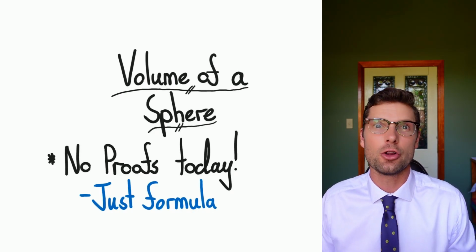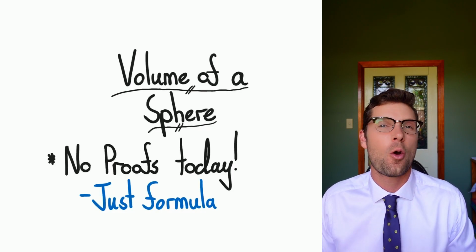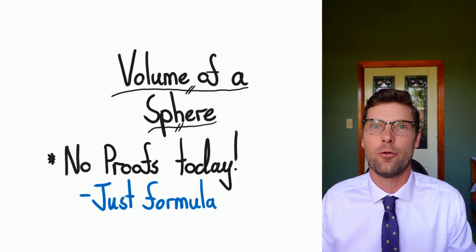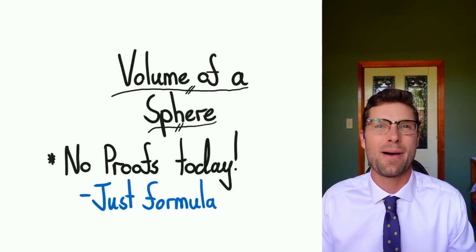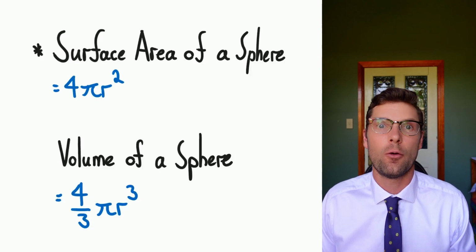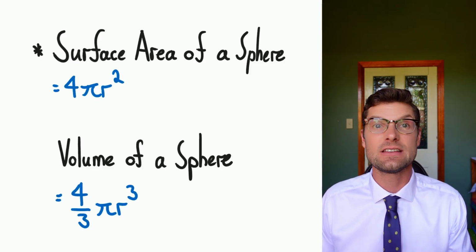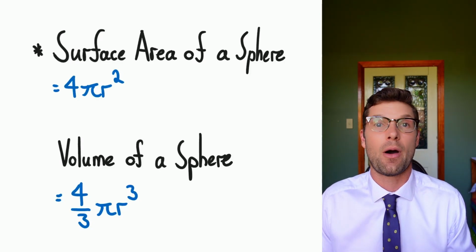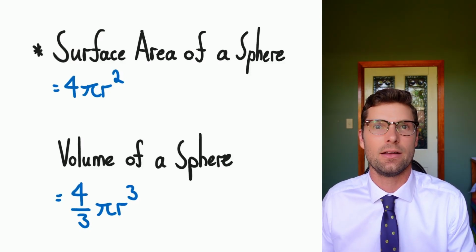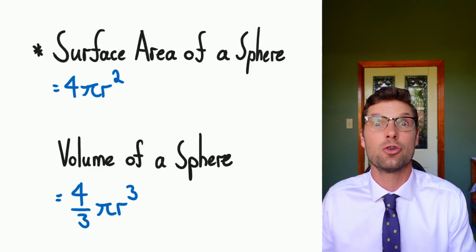Today we're going to look at the volume of a sphere. And luckily for you, we're not looking at how to prove the formula. We're just looking at how we can use it effectively to get marks in an exam. So we've got two formulas about spheres. The surface area is 4 multiplied by pi multiplied by r squared, or the area of a circle multiplied by